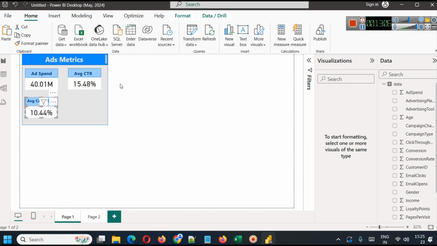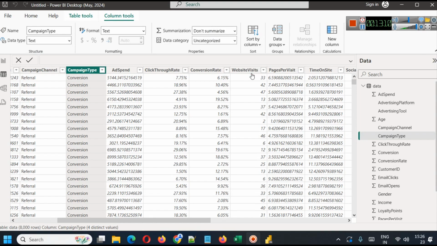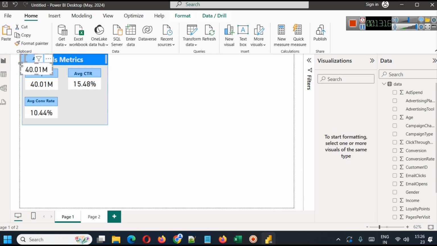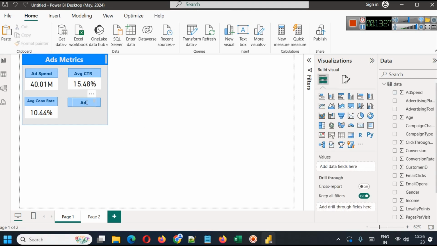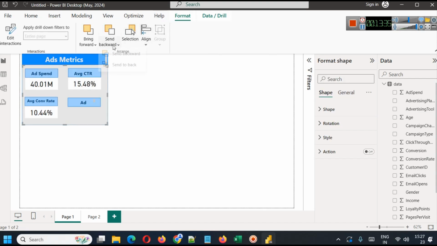So this way we have the average conversion rate, and we can take one more, something like website visits. Obviously you can include more parameters here, but it's your choice. So we have the website visit here, and we will just drag it here, and since some of the options are not visible, we will go to format and send it to back,